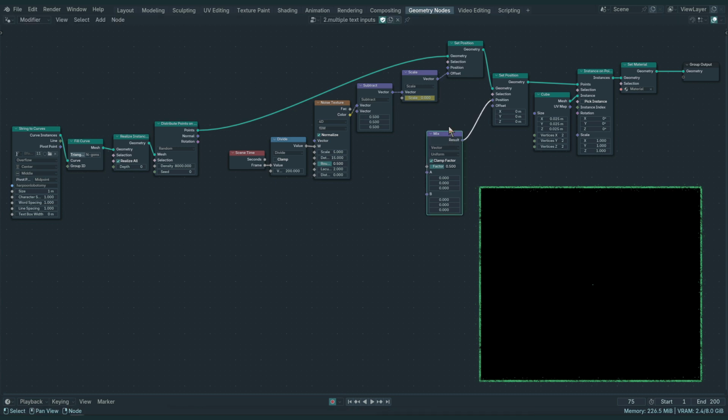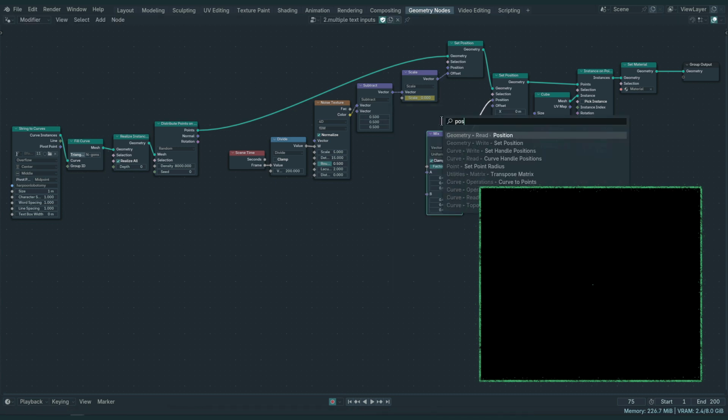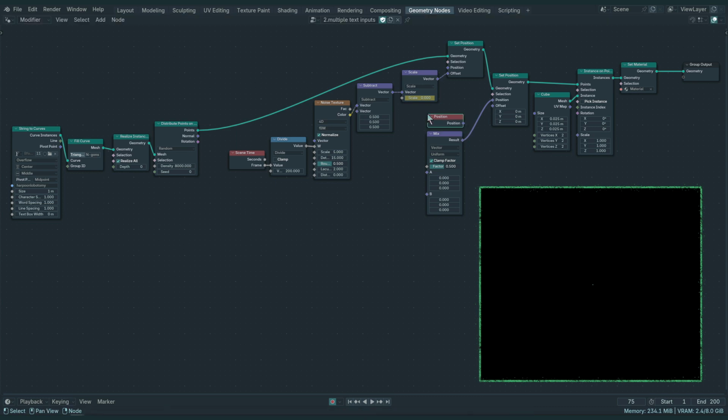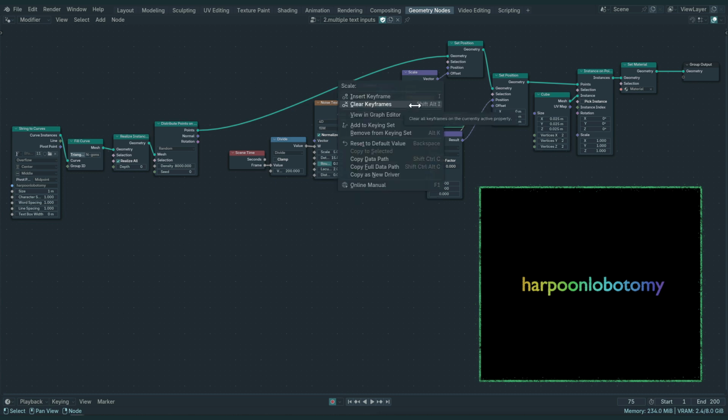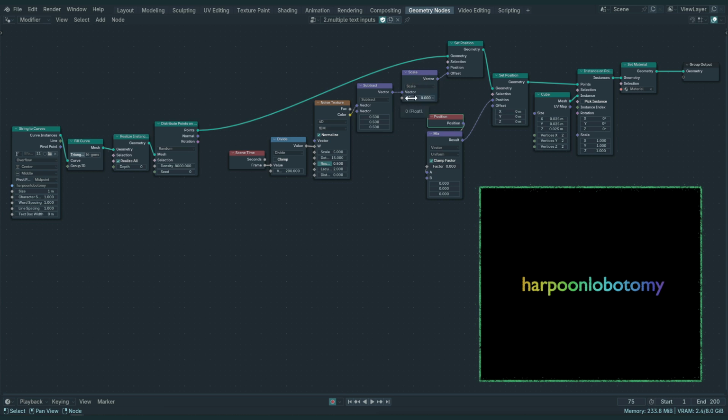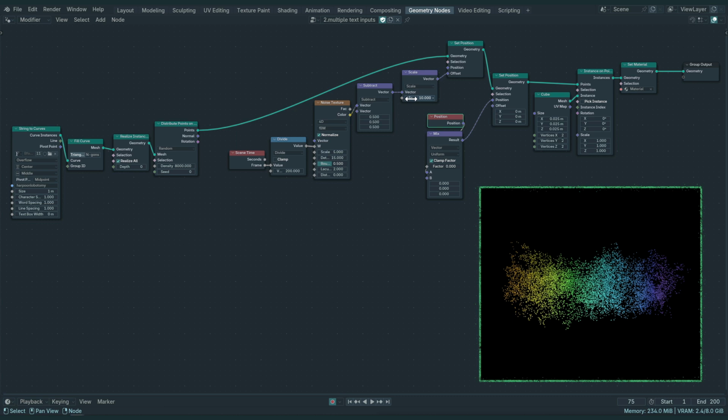What we need to do is add a position node here, and we're going to plug this into the A of this mix node. Now if we set the factor to 0, we have our text back. And if we set it to 1, everything's at a single point. So what we're going to do is remove these keyframes, delete keyframe, and then clear keyframes. So then now the scale has no keyframes whatsoever, and we'll set this to our maximum. So I'm going to say 10. So now if we go from 0 to 1,